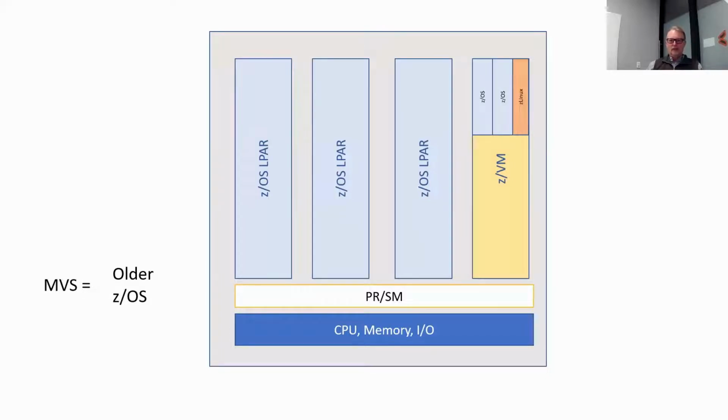You can have dozens of these zOS LPARs in a mainframe configuration, and they can be fully utilized and separate standalone operating systems. So when I say standalone, I mean what happens in this zOS LPAR will have no effect on what happens in this zOS LPAR. Even if they're sysplexed together, even if there's a coupling facility between the two, they still are independent entities. So this gives a lot of redundancy, and that's why people will sysplex systems together.